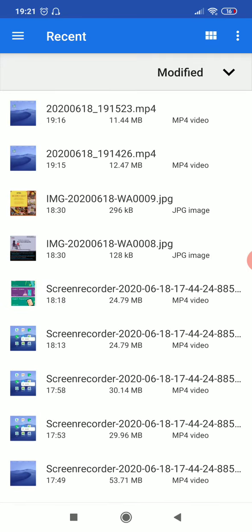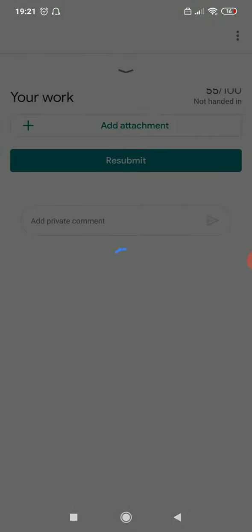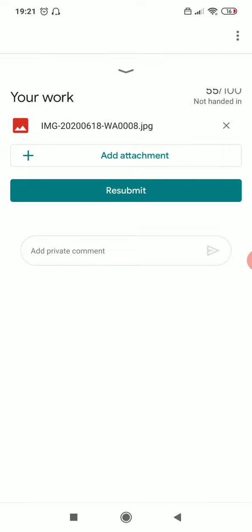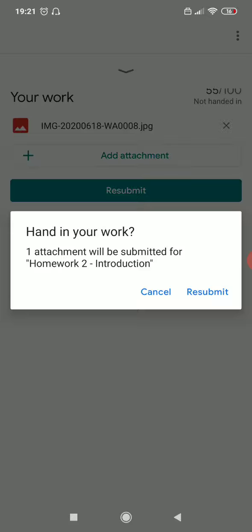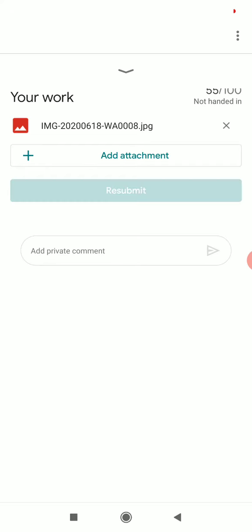So then you will be able to see all the images or all the contents which are in your mobile. So this way student can attach any image, PDF, PPT, whichever is a format of the homework is, and can submit it to the teacher.